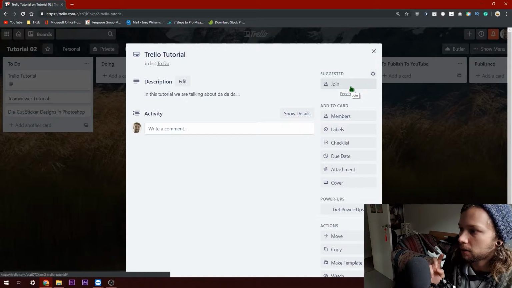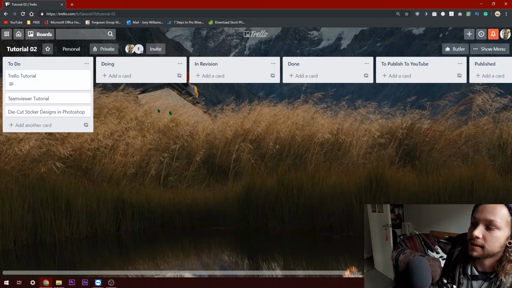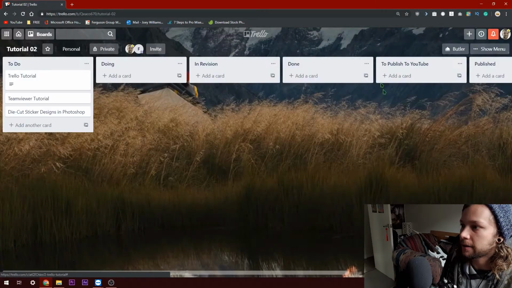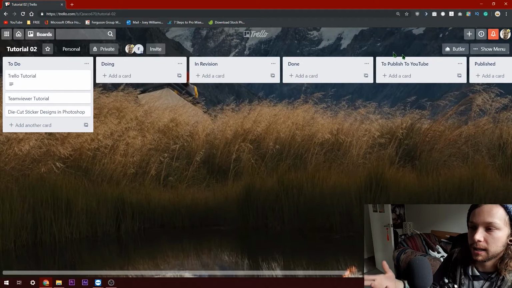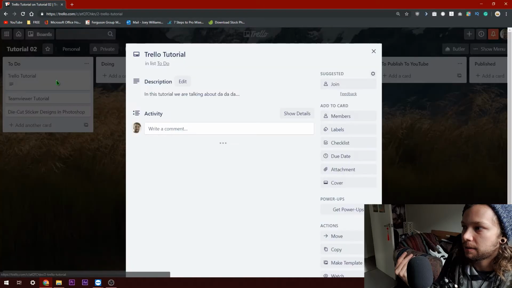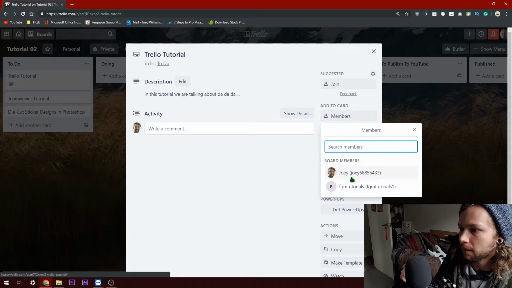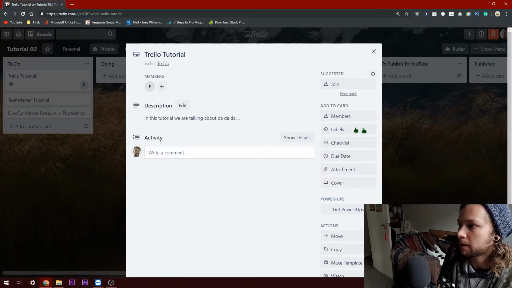Now, if you invite them directly into the card, they still get access to the entire board, but they're only assigned to this card. If you invite them into the entire board in the first place, they get access to the entire board. And then they also come in as members, and I can go ahead and add FGM tutorials here as a member of the card. And what that means is then